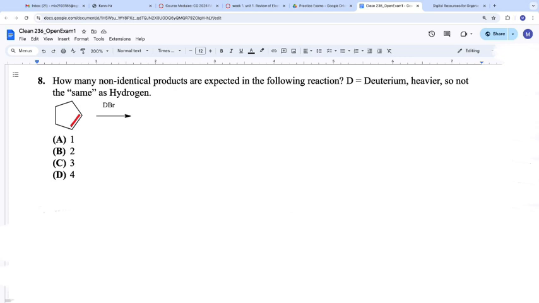The reactant. What about the reactant? The deuterium. Well, how the heck does deuterium react? That's why it says up there, D is deuterium. It's heavier, so not quite the same as hydrogen, but that heavier doesn't really change the chemistry as far as we're concerned. So when we see DBr, it's the same thing as HBr, except I can put a D instead. Why would that matter? Well, let's push on this a little bit and see what happens.